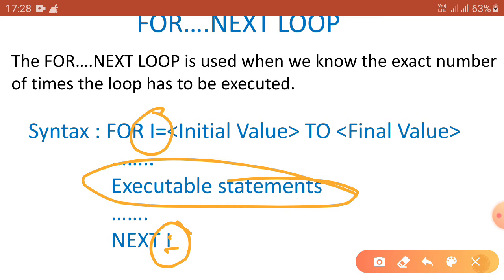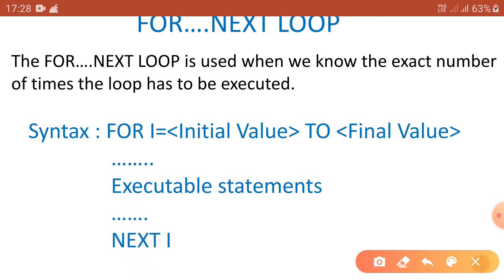Okay, so here look at the structure of the For Next loop. The FOR statement is placed at the beginning of a loop and the NEXT statement at the end. Got it? So for a For Next loop you have to start with FOR, and at last you have to use the NEXT statement.